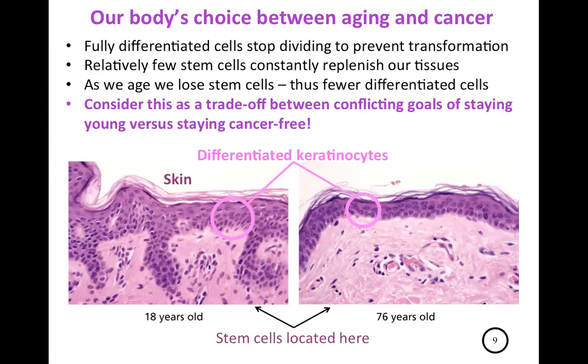Fully differentiated cells, we've already discussed this, they stop dividing to prevent transformation, right? So that those differentiated cells that are actually getting hit with mutations, they stop dividing anyhow and are probably just lost from our bodies. But remember that there are relatively few stem cells that are around to constantly replenish those fully differentiated cells. So those cells have to stick around, right, to constantly resupply all the differentiated cells in our